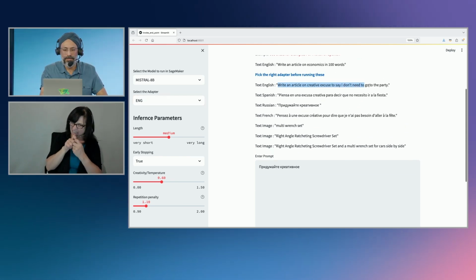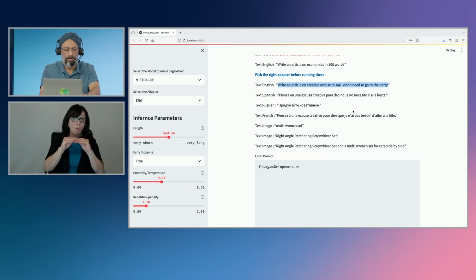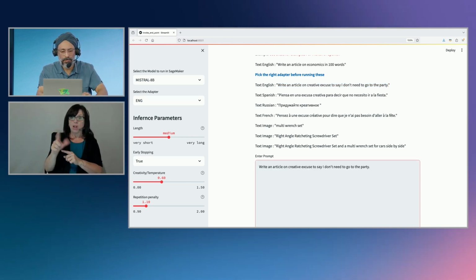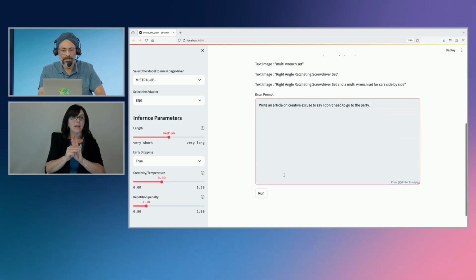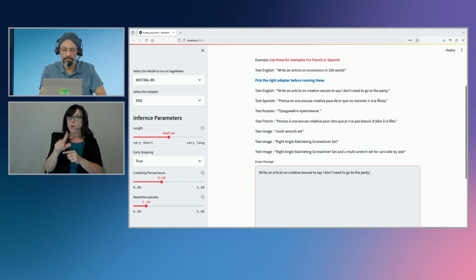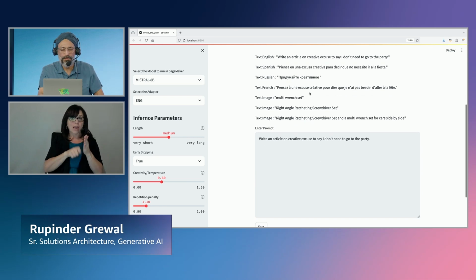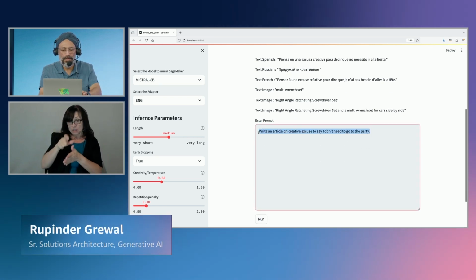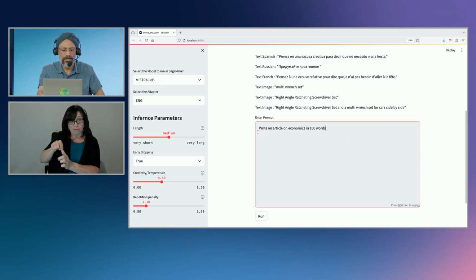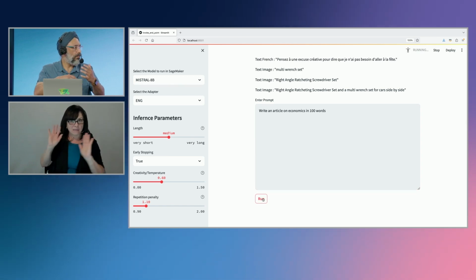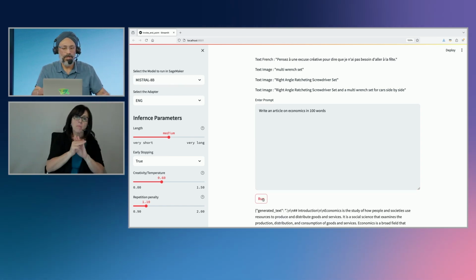And I'll take a step further. I'll also go into Mistral, which is another popular model. Let me actually ask it to write an article, because an article is open-ended text, so the model has freedom to choose how it wants to generate.